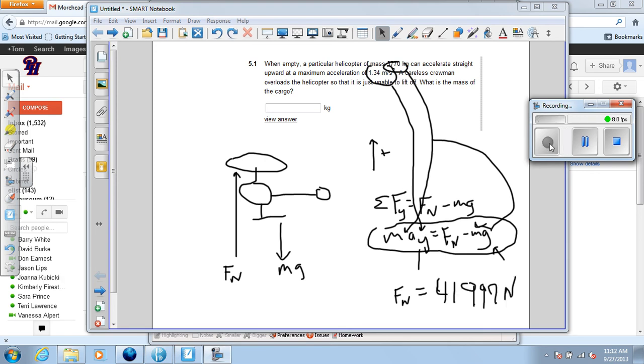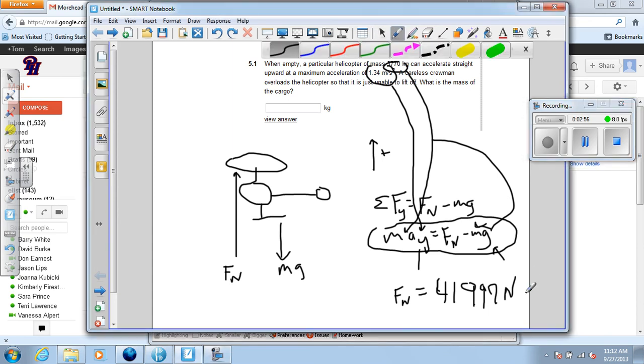But if we continue doing it this way, that equals 41,997 newtons. That is the lift force. That's this Fn. That's going to be the same whether there's a load or not. Okay. So now if we put a load on there, what changes? This equation stays the same. What's going to change is the mass. So we're going to have the mass of the helicopter plus the mass of the cargo now